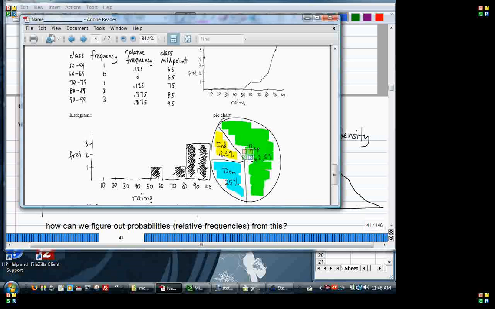Now if you actually take 3 divided by 8 and get it as a decimal, 0.375. Okay. So the probability of being in this data class is 3/8. I'll leave it as a fraction, it'll be easier to talk about. 3/8. What I want to convince you of